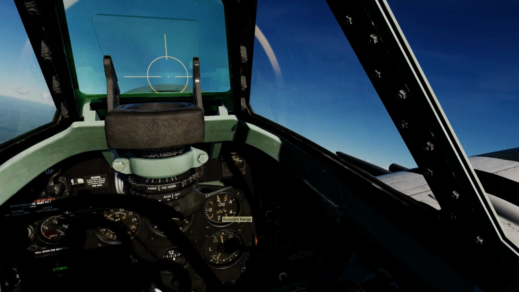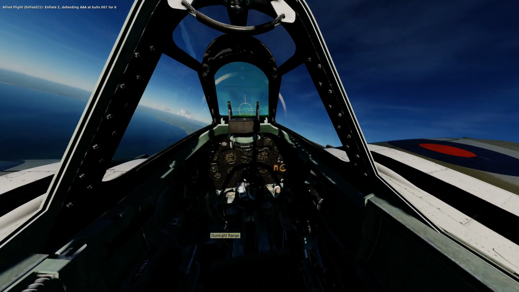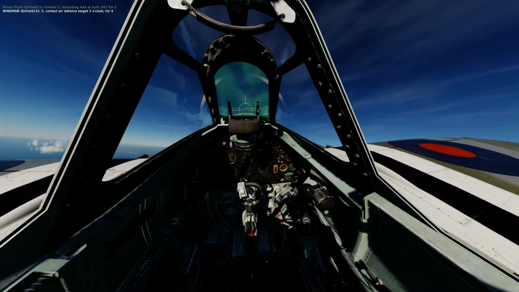Take us more off towards Carborg, a little bit off. Enfield 2, defending AAA at 06746. 3, contact air defense target, 3 o'clock,